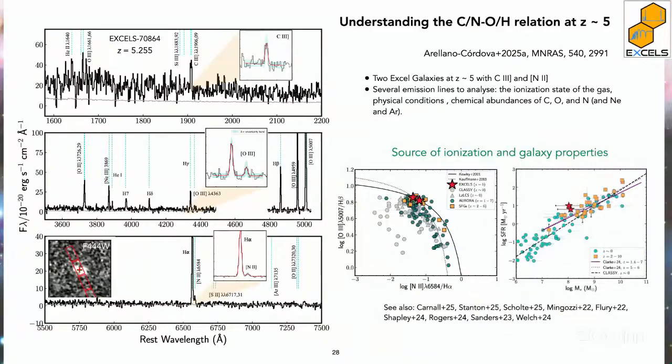So if you have nitrogen-enriched galaxies here, should you use a different line for the deviation because you have nitrogen here in the numerator? So maybe you have more nitrogen-rich galaxies that are across the line and might not be AGNs. Yeah. So here we are using, I think, Kaufmann and Kewley. Yeah, I think this is Kewley and this is Kaufmann.